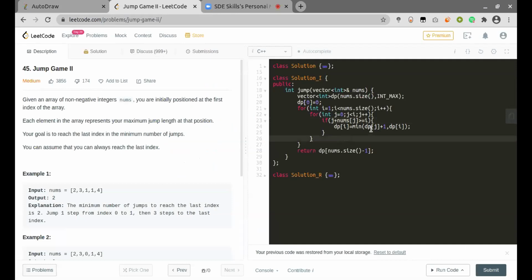If I can, I'll take whatever steps I took from the previous index and add 1 since I'm jumping once, and I'll try to minimize over all the possible values and then return just the final value, which is dp of n minus 1, since I need to get to the rightmost index of the given nums vector.